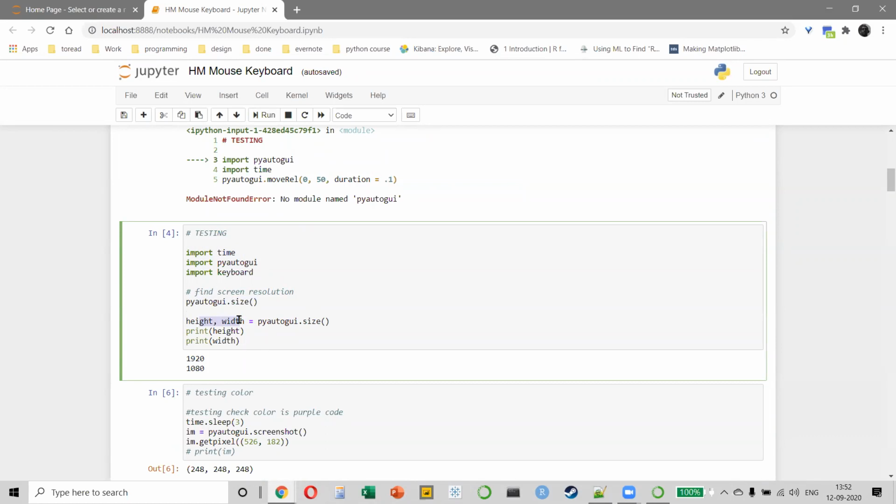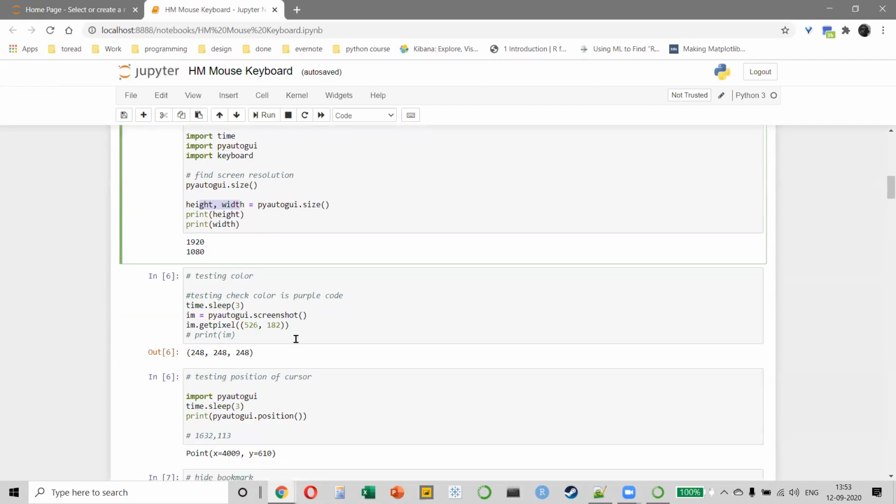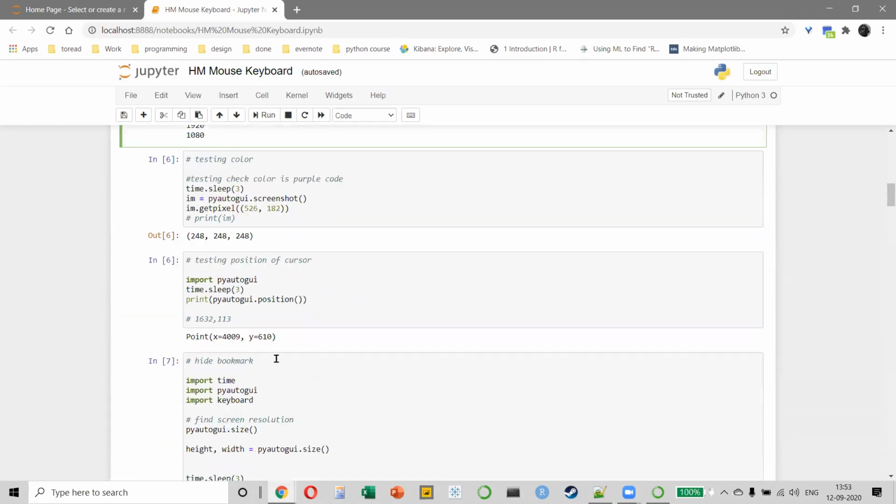Now, why is this important? Because when you're rolling out a program or a solution, different clients will have different systems, right? Somebody might have a high resolution, somebody might have a 4K display, somebody might have an old laptop with a 1280 720 display. Now, how do I find that manually? Of course, you will have to ask users, but you can do this automatically. If I show you some more examples, look at this.